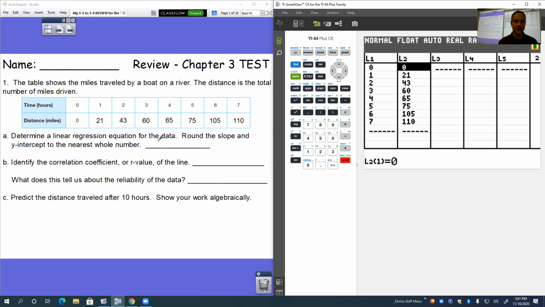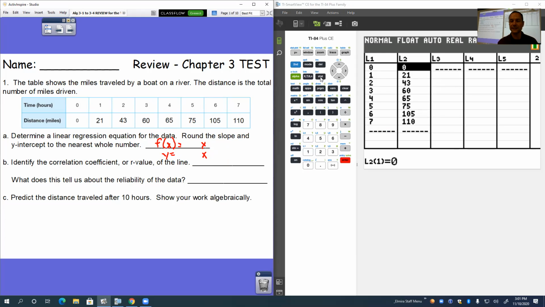So when we go to determine the linear regression equation, we're going to have f of x equals. Remember that f of x is the same thing as y equals. The preferred way, though, is the f of x equals. Then you're going to have an x. Now, to get the number that is in front of the x and the plus or minus after the x,